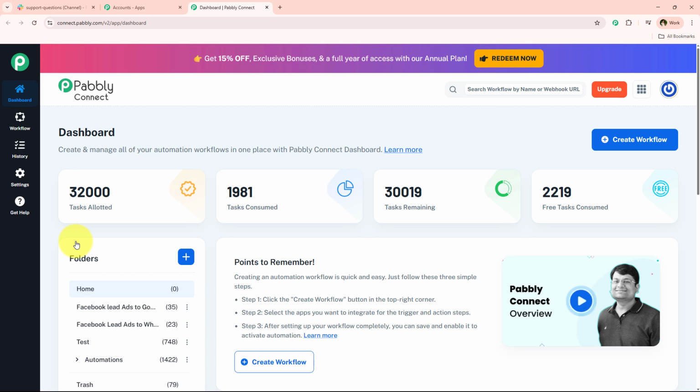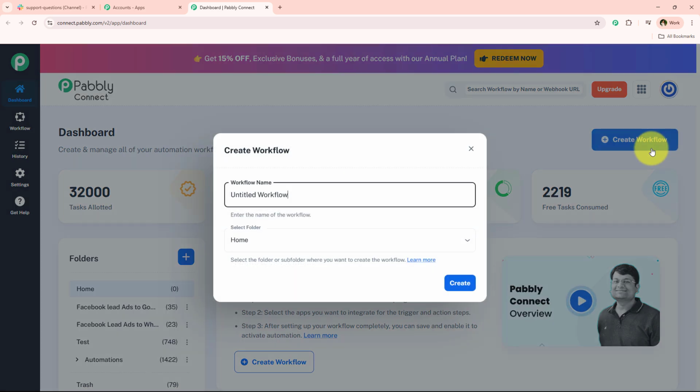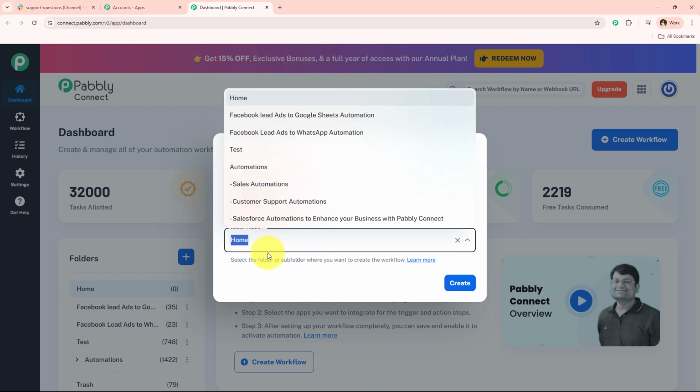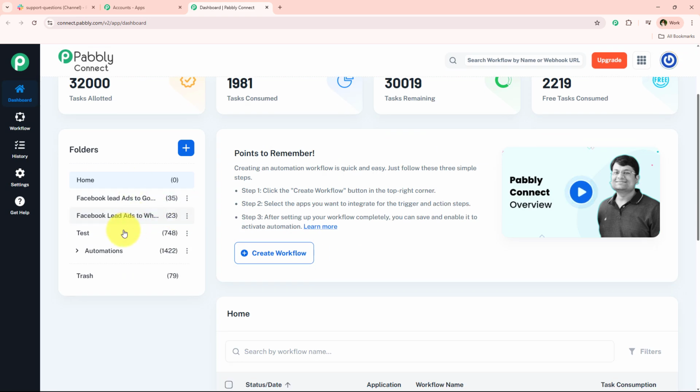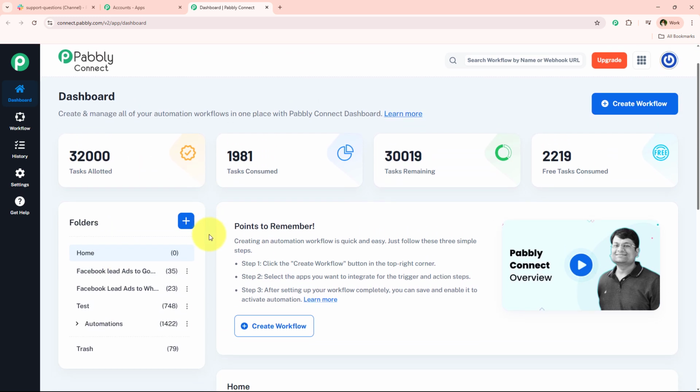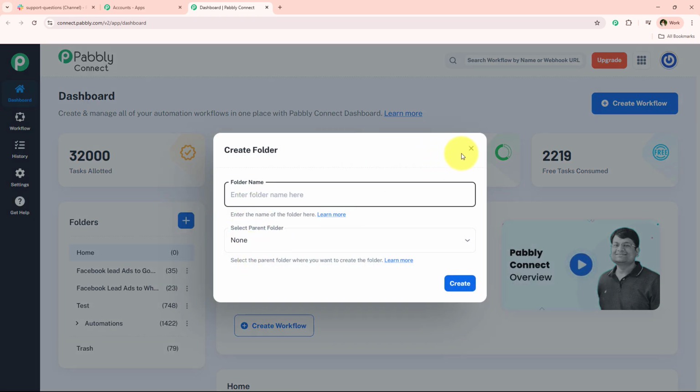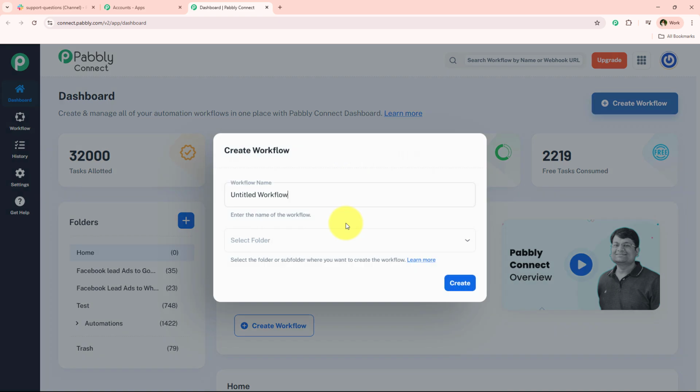Alright, so now in order to create a new automation, I'm going to click on this button which says create workflow, and now it is asking me for the workflow name and the folder I want to save the workflow in. So over here I want to save the workflow in this folder which says automations, and on my dashboard you can see multiple folders which I have already created in which I save my workflows. So if you also want to create a new folder, you can go to this create new folder button and create your own. I have already created mine, so I'm just going to save my workflow in one of these only,